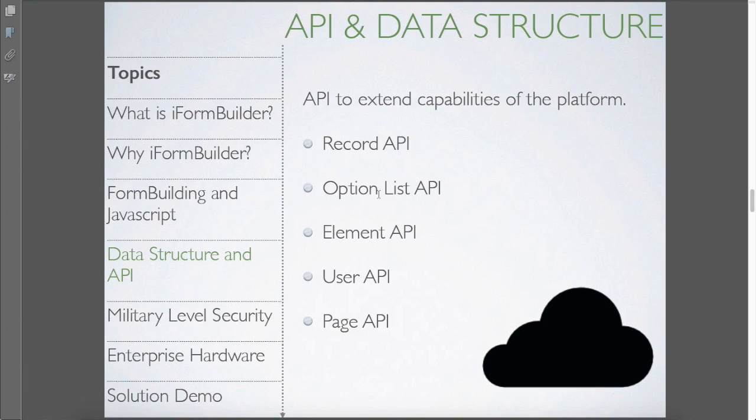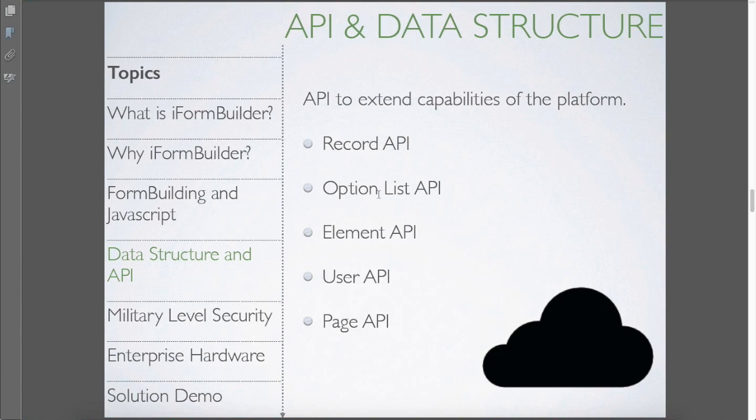We also do have an element API available. This allows you to build forms without going through the form builder. A lot of times you may have a SQL table or a table in your GIS backend that you want to always be in sync with iFormBuilder. Maybe that's changing very frequently, and you would want to write a script from the GIS backend to the SQL backend that would add a new field in iFormBuilder at that same time, right? So your field staff, the next time they sync, will get that new up-to-date table, and they can just continue